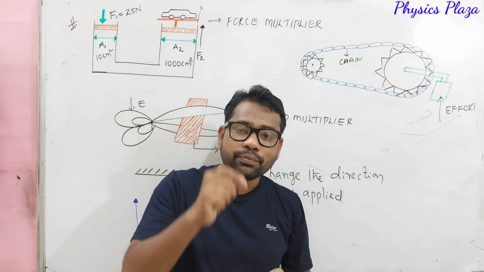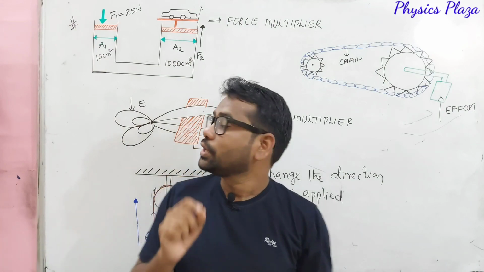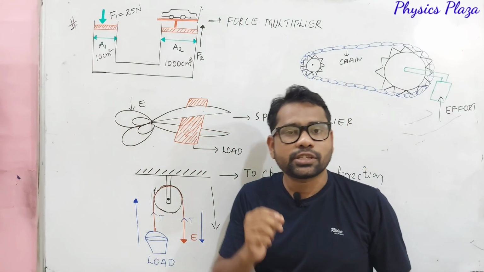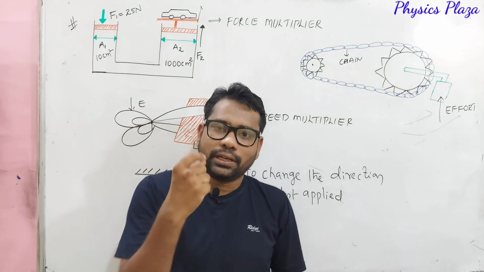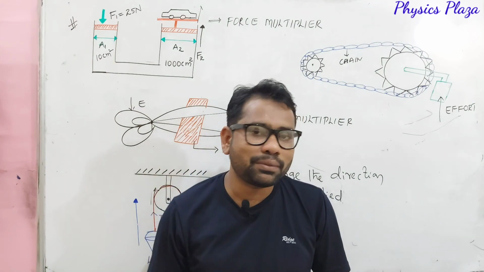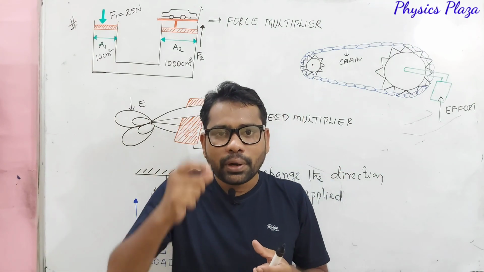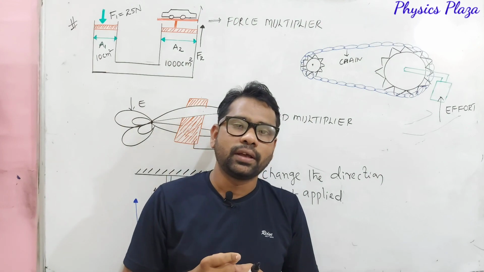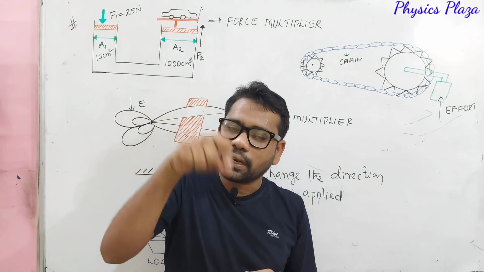So these are the 4 functions of the machine. Children, it's very, very important to understand. It is not simply by-hearting. See, in order to by-heart, it takes 1 minute of time. We can by-heart very easily, but we have to understand in which case how that particular machine is used.